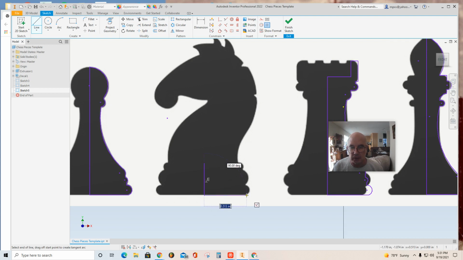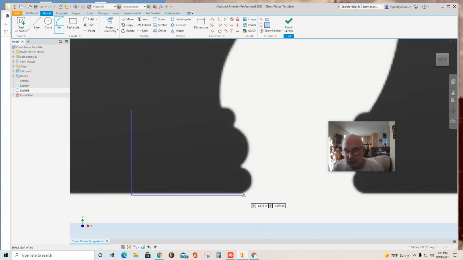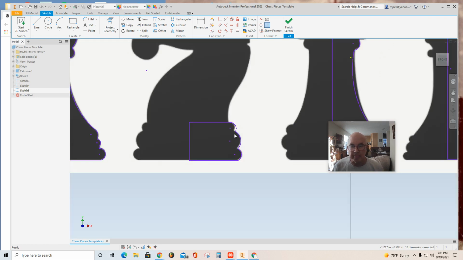Remember, the bottom of your base must be a perfect L for this to be able to mate to the chessboard. Now I'm going to create the arc from here to here, here to here, from here to here, and then find this line to go straight across. And hopefully, now that I have the base, I can finish,